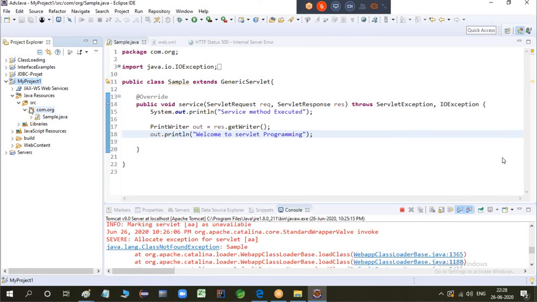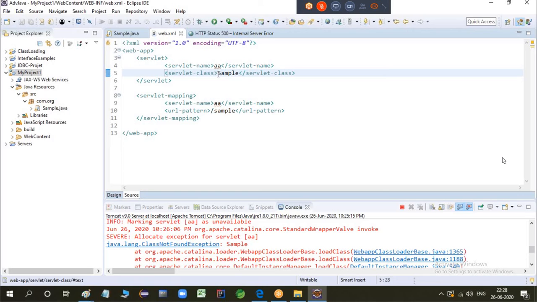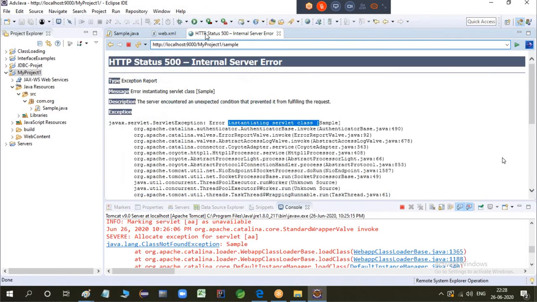Okay. So it's by default searching for the sample class, and we have to give the fully qualified name. This is also one of the major things which you will see in the tags in the future. Every time you are mentioning anything in a class, you have to give the fully qualified name, like com.org.sample, where that class is available. Even for simple predefined Java classes, if you wanted to use the String class, you need to give java.lang.String, or java.util.Scanner for the Scanner class. Like this, you have to give the fully qualified name. So let's try this now one more time.